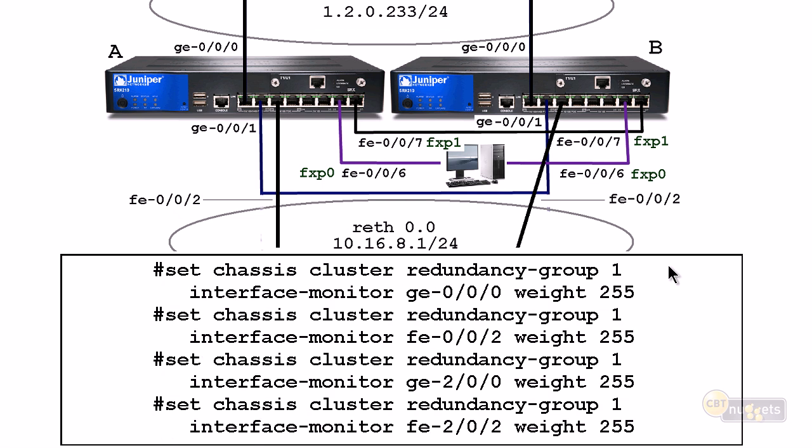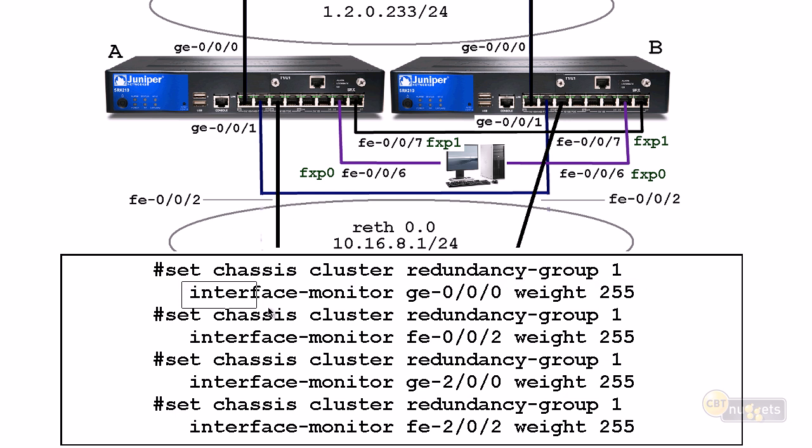Okay, next we need to configure interface monitoring, right? We need to monitor the health of our interfaces that are members of these redundant Ethernet interfaces so that we can know if we have to trigger a failover from device A to device B. Now we configure this interface monitoring only on redundancy group 1, not on redundancy group 0 or on the routing engine. It's not recommended. So what we're doing first off is we're doing set chassis cluster redundancy group 1, and